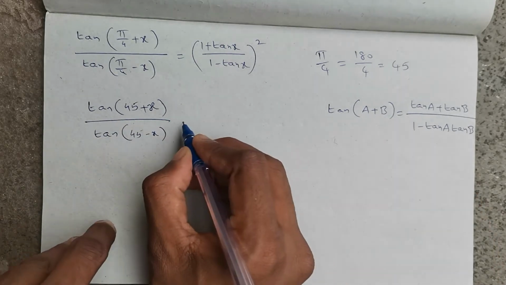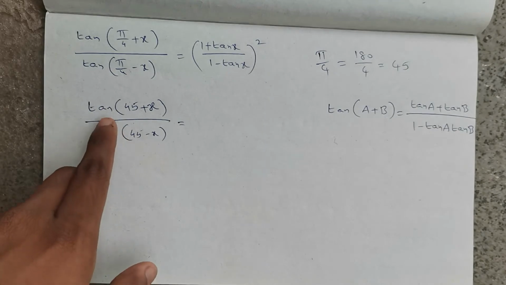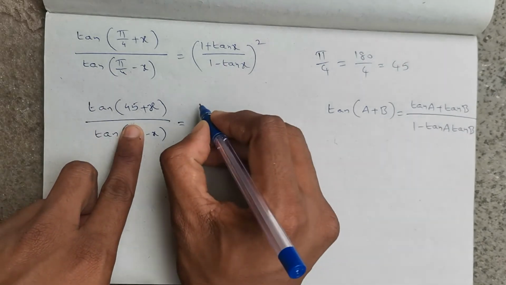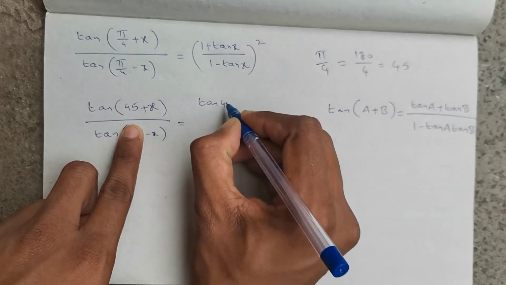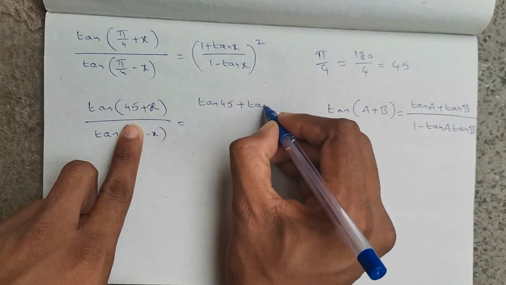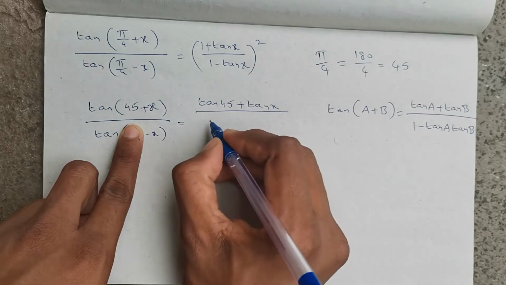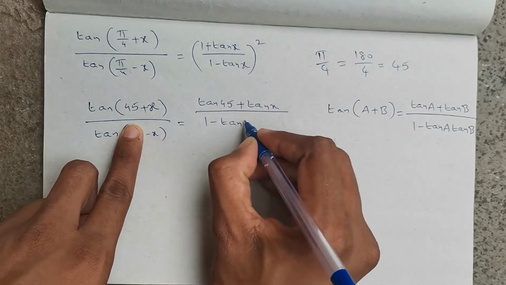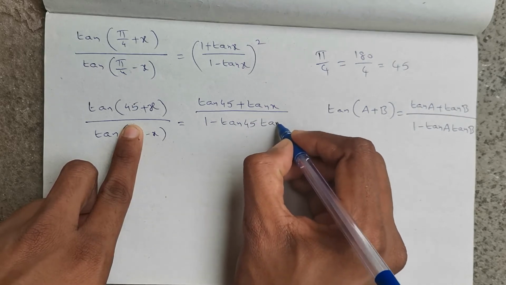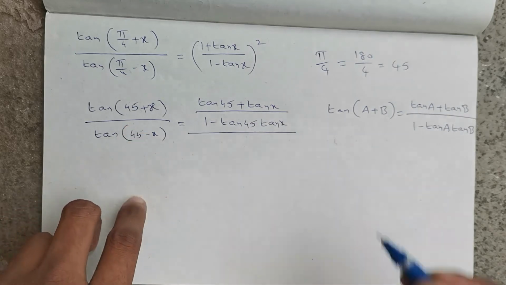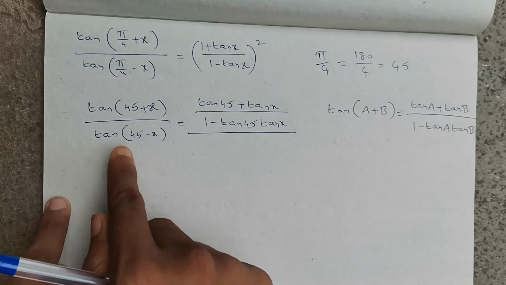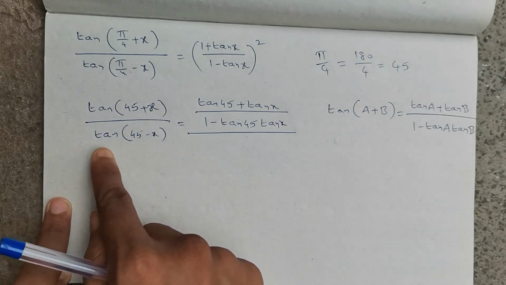So now if we expand this, tan of (45 plus x) can be written as (tan 45 plus tan x) divided by (1 minus tan 45 into tan x), whole divided by,